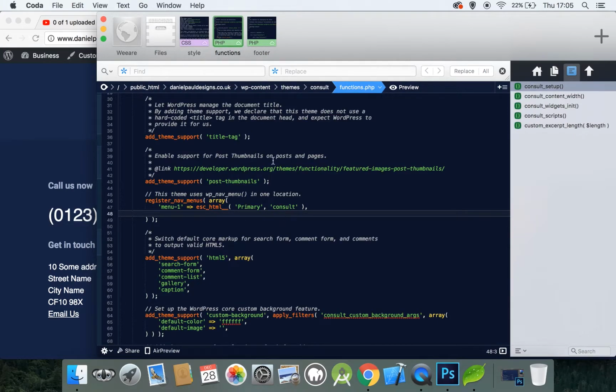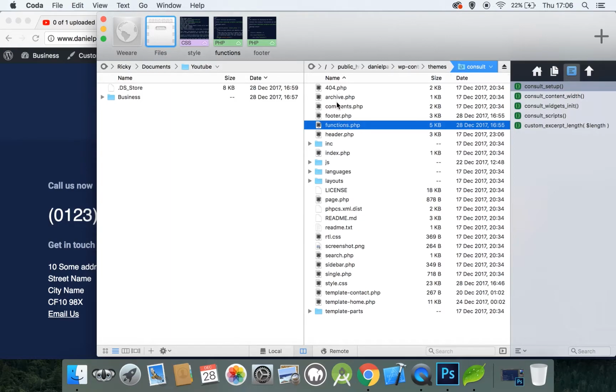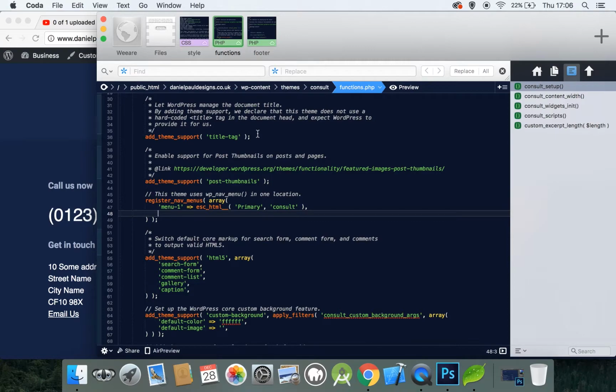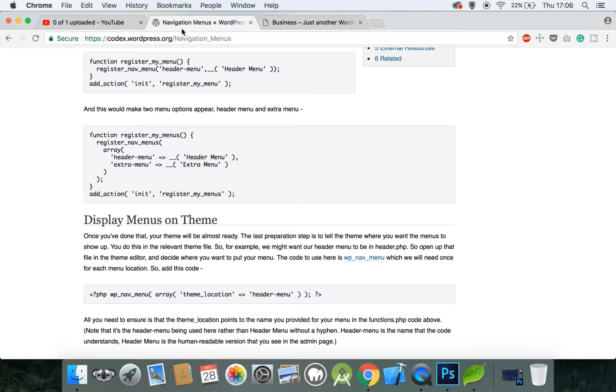Firstly, go to your functions file, which is in the root, and about 5-6 items down. 1, 2, 3, 4, 5. So functions.php. Open that up, and then scroll to line 45, 46, where it says register nav menus. So what we want to do here is register a new menu for our theme, and you can find more about menus on the official WordPress.org website. But basically, all you have to do is copy the code here